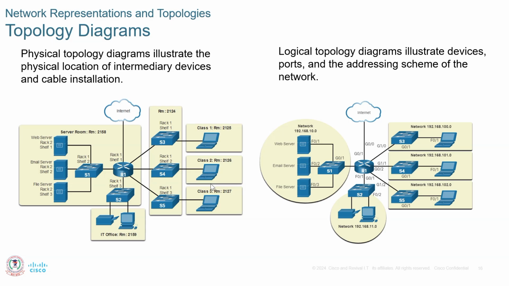So now we are talking about network topology. I mean the topological diagram. First of all, you need to understand that there are two types of topological diagram that governs a network. When I'm talking about two types of topological diagram, I'm not talking per se in terms of the different kinds of topology that we have, the bus topology, the ring topology, the mesh topology. I'm talking about in terms of the functionality of a network. Because the bus topology, the mesh topology, those are physical topological diagrams that illustrate physical locations of intermediary devices